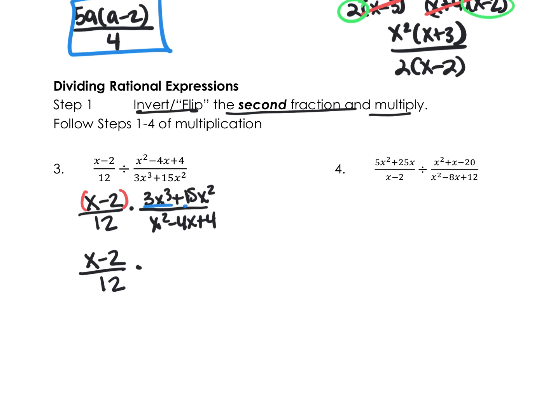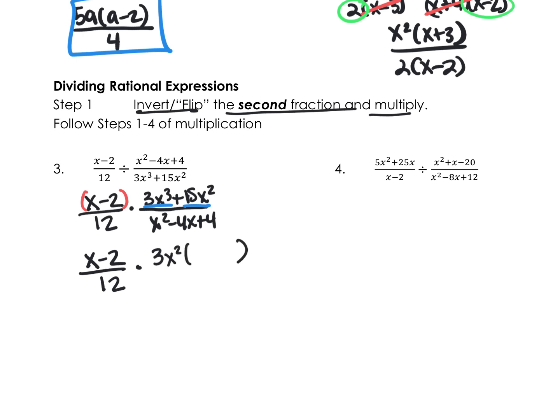And at the top here, we have a GCF we can pull out. That's not a difference of two squares. It's a sum. But we see an x squared, and 3 and 15 both have a GCF. So 3 and 15 are both divisible by 3, so we're going to pull that out. They both have an x squared in common, so we're going to pull that out, and then we'll write what's